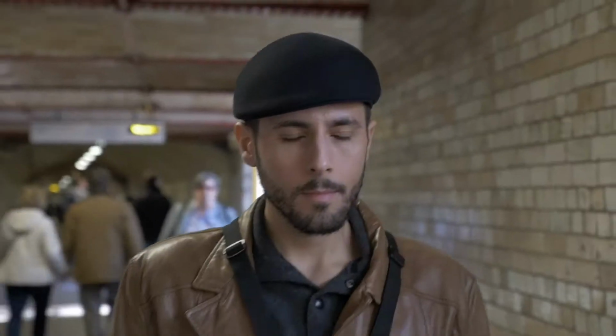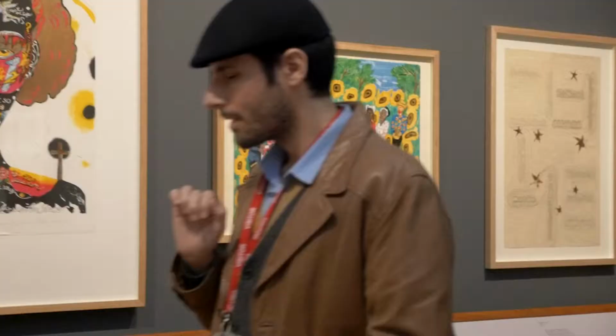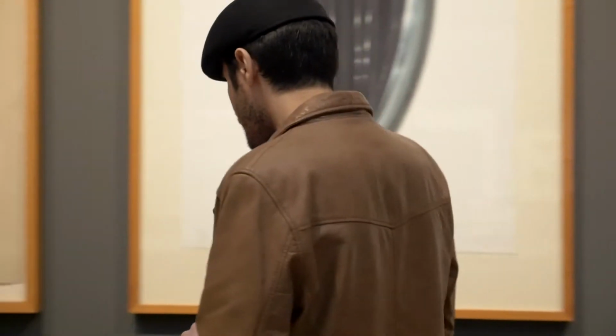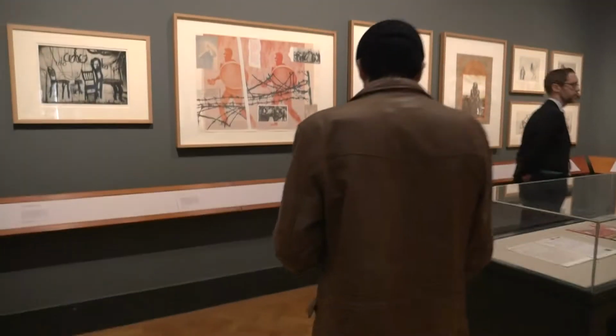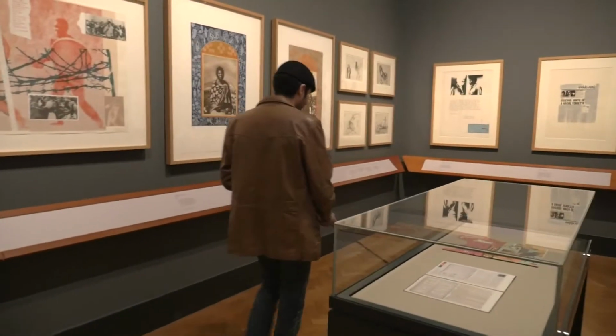The idea behind this performance really started when I started visiting the museum as a resident artist, and I realized that it was just such a massive space and it was so difficult to navigate independently. So this next space? Right there? Yeah. Okay, so I really wanted to make a work about my movement through the different galleries in the museum with agency and independently. Mobility Device is a project series in which I replace my cane with some other system